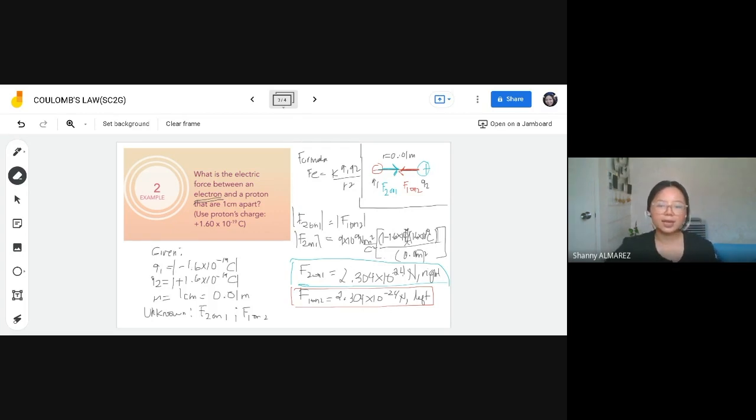On our next example, kung okay na kayo dito, if we will have an example for 3 charges. Di ba ito mga previous examples natin? Ano pa lang, dalawa. Okay, paano naman kapag 3 charges na? So, kagaya ng next example natin. Sige, so before we start with our next example, 2 minutes break for you to absorb everything. So if you are still processing this, okay, 2 minutes. Let's go back at 10:10 to continue with the last example. Okay? Then kapag may na-realize kayong question, i-chat nyo lang.